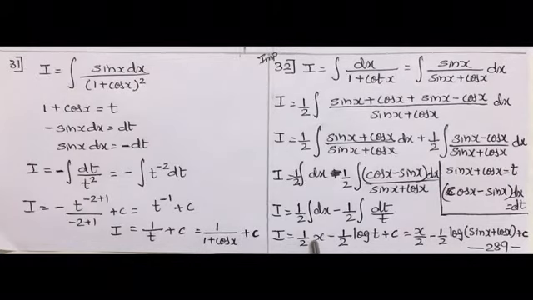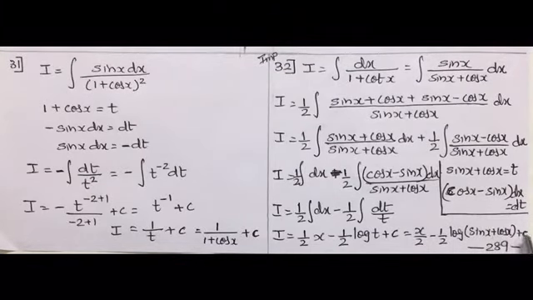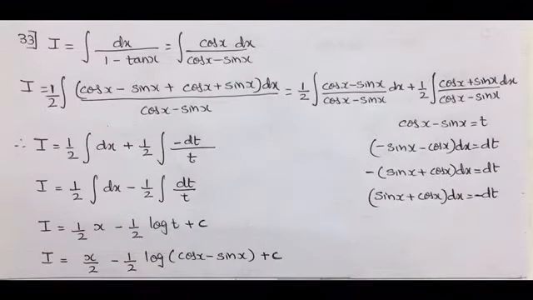Integration of 1 is x and 1 upon t is log t. So putting the value of t as sin x plus cos x, the final answer that we get is x upon 2 minus 1 by 2 log of sin x plus cos x plus c. So this is how the 32nd one is being calculated. 33rd one,